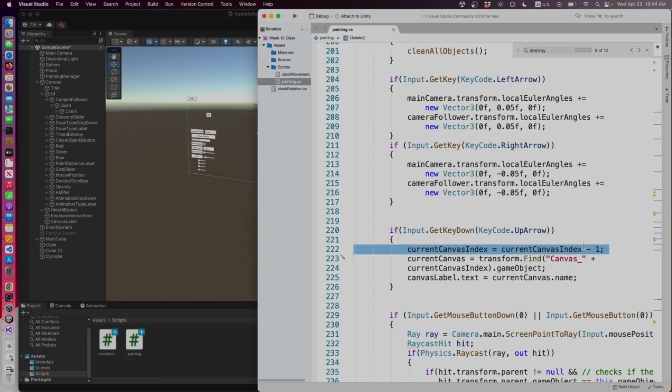If I have 4 canvases, and right now I'm in canvas number 0, this line will make it so I'm going to go to canvas number -1, right? Do I have a canvas -1? No, I do not, because it's going to yell at me. I only have canvases 0, 1, 2, 3, and 4 if I have 5 canvases, for example. So I need to make it so it doesn't go below 0. So I'm just going to use a max function here, Mathf.Max 0,